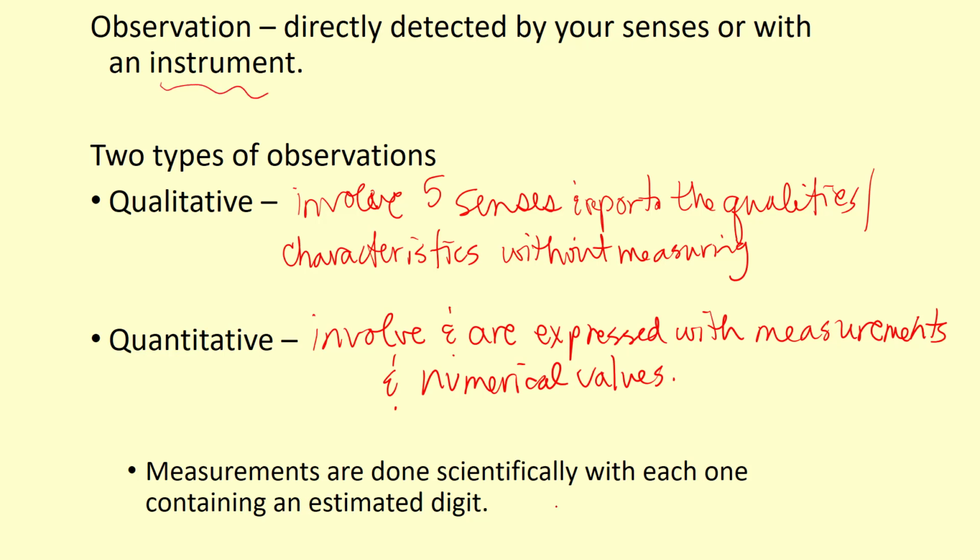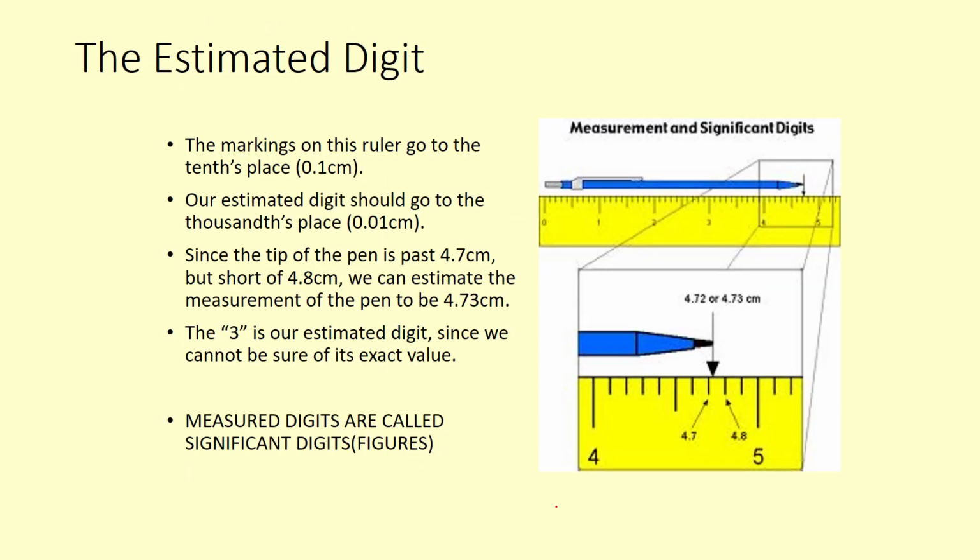All right. Measurements are done scientifically, and each one contains an estimated digit. So the estimated digit is the one that you can't see a marking for on the instrument. So here we're trying to measure the pen, and we see the 4, so that's the ones column. We see the tenths column, we see the next tenths column, but they're in between, which would be the hundredths column, we have to estimate. So the estimate for this one is the 3,